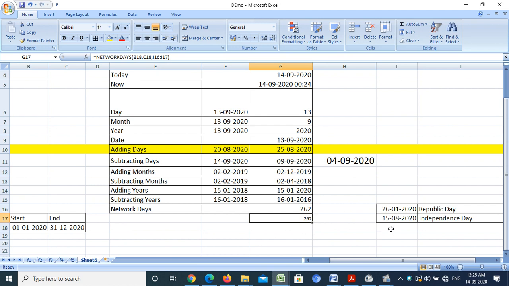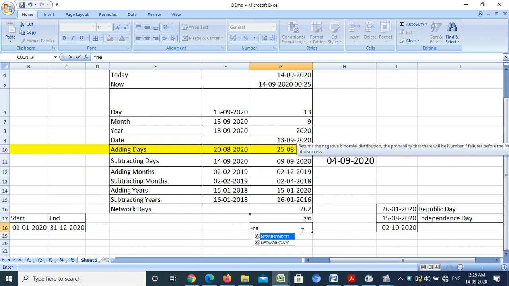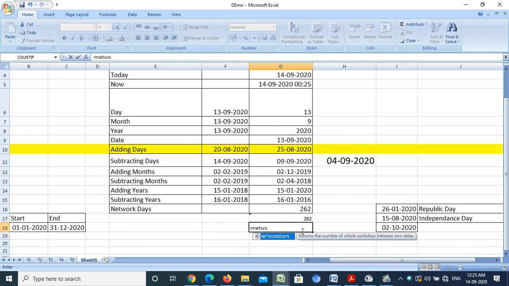Now take another example. Suppose we have a holiday on 2nd of October, that is 2/10/2020, that is Gandhi Jayanti. Now I want to calculate networking days. For that I have to write equal to NETWORKDAYS, and I have to just press starting date, comma, end date, comma.